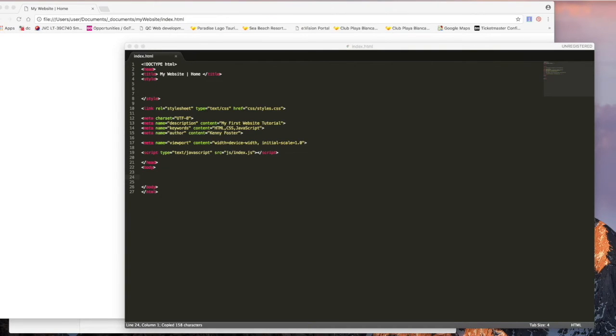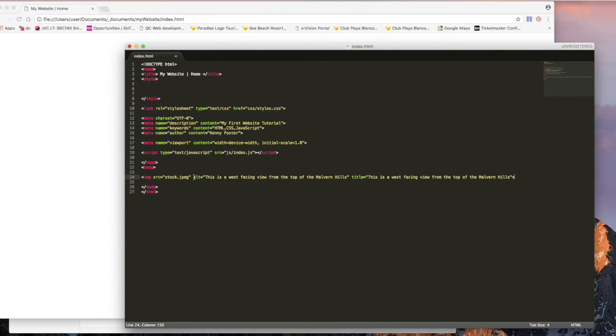Now we're going to move on to alternative text. Alternative text, or alt text, is used to associate text with an image. The text describes what the image is and is put in place for circumstances where the image cannot be displayed to the user, for example if they're using a screen reader. An example of this would be